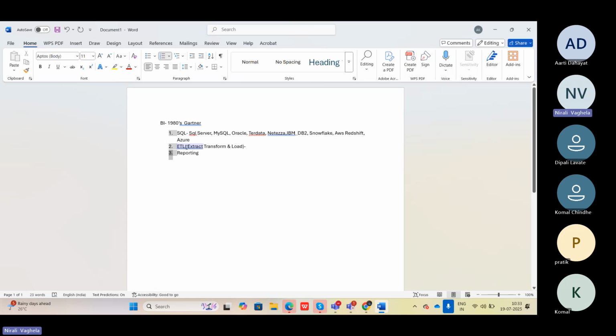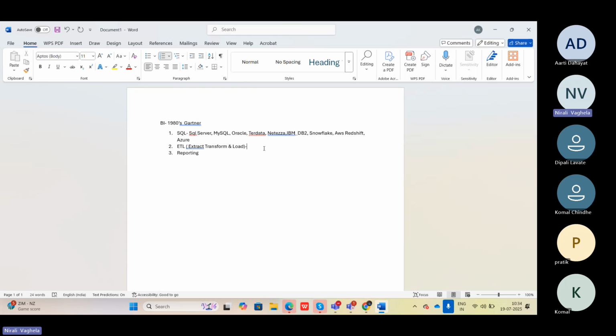Now what will these people do? These ETL people also use different tools which are available in the market. Their work is, as I said, BI takes heterogeneous data from different data sources. So the ETL team's work is to extract that data, apply certain transformations to clean it, and then load it into your final destination table. Your destination might be any one of your databases or maybe Excel. It all depends; you can have anything as the destination.